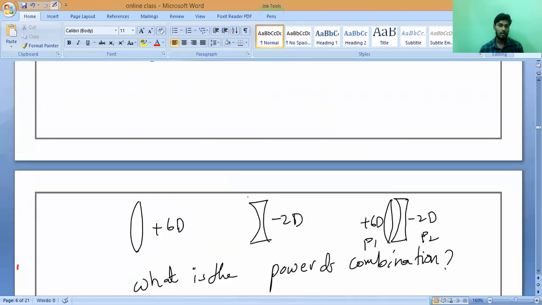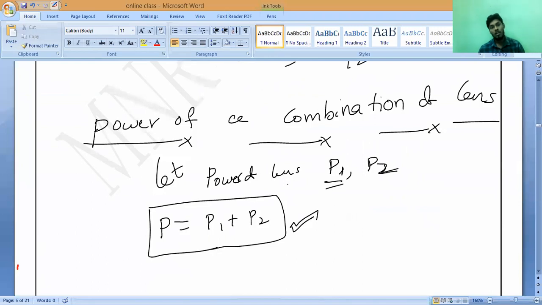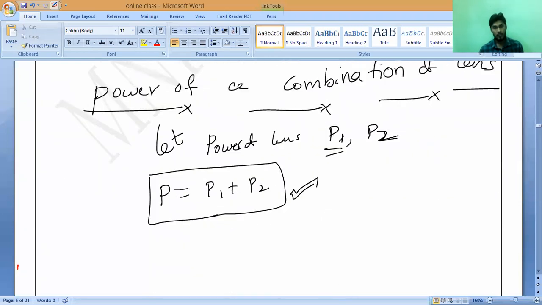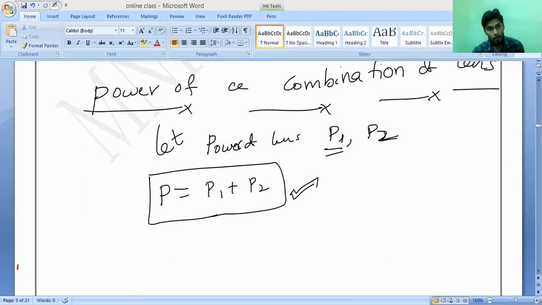So all of you draw these diagrams and write the definition first, right? Definition: if a number of lenses are placed in close contact, then the power of the combination of lenses is equal to the